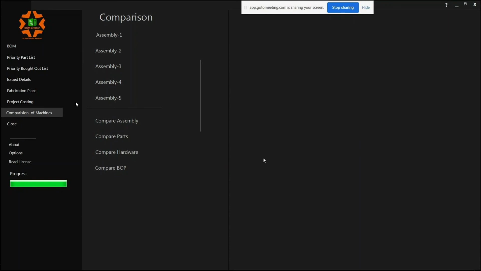Sometimes there are certain unique components and common components present in the different models of machine. There could be a lot of common components. When we consider each and every machine separately in planning, we tend to get more scrap. A lot of material gets wasted in scrap. So with comparison, what we are giving you is we identify what my common components are, what my unique components are, their respective quantity in each individual machine, and the total quantity for the complete machine.